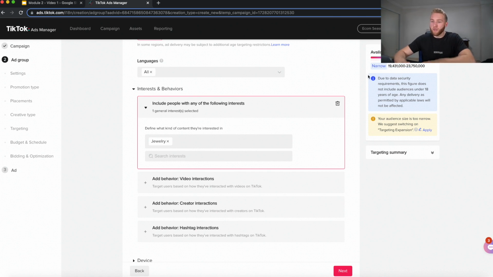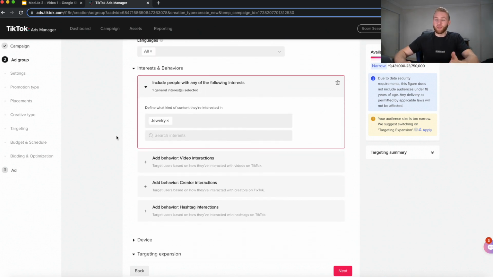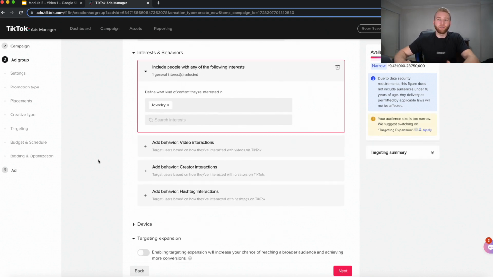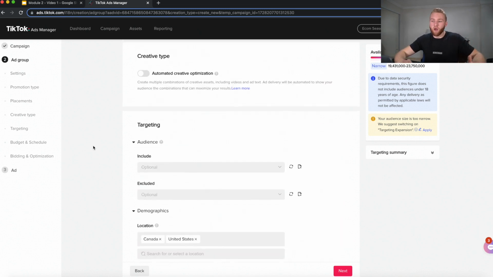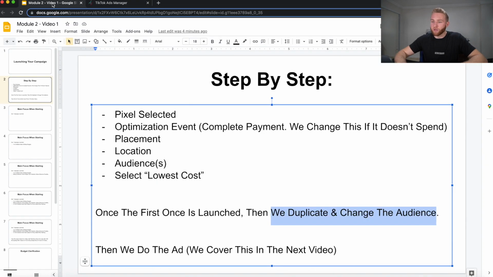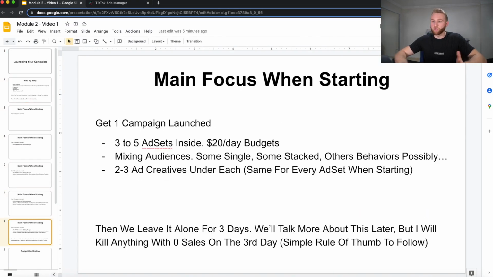I'll consider ignoring it. But you could also run one that's just targeting jewelry and a duplicate of that that's targeting jewelry and expanding the interest. Now, I probably wouldn't do that during my first 5 that I'm testing because I really want more separation. But when you're scaling, if the audience is working, launch a duplicate with the expanded interest on, see how it works. So I'm all for testing, but that's some super basics behind how we launch the ads,